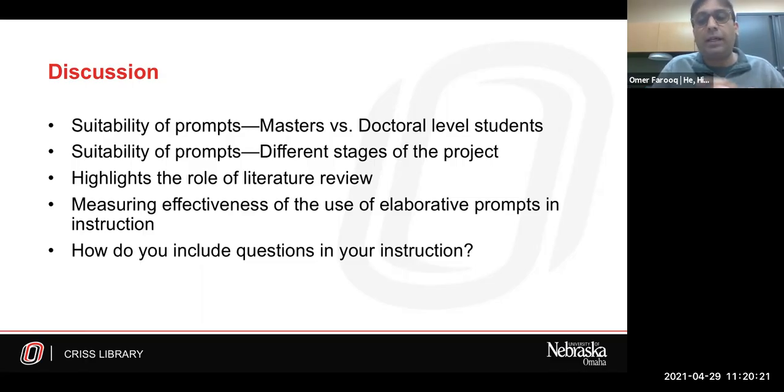But most importantly, for our work, the collaboration really starts in the coursework stage of most graduate programs, where we are invited to present instruction sessions for pretty much all of the research methods courses, because the end product in those courses, as you can imagine, is developing a research proposal.